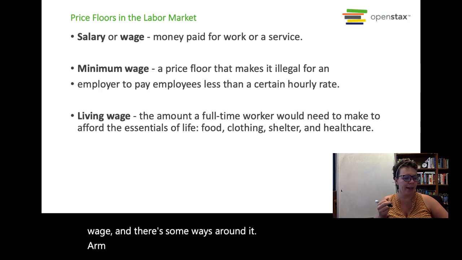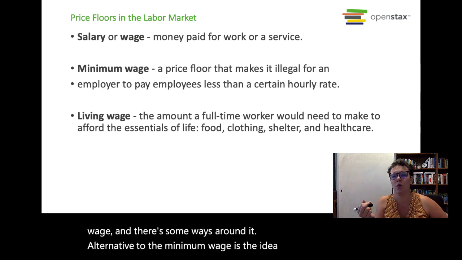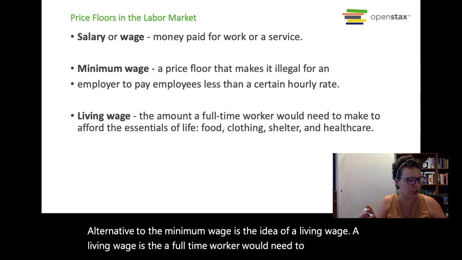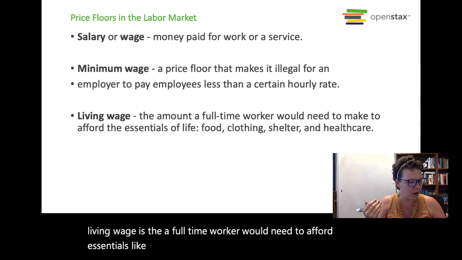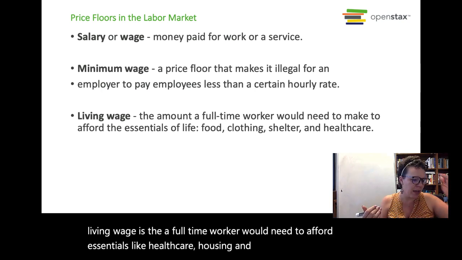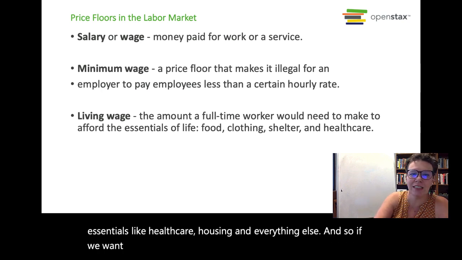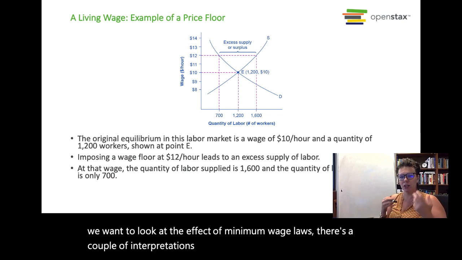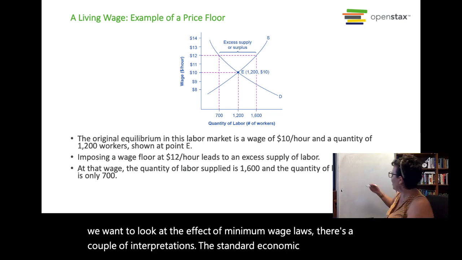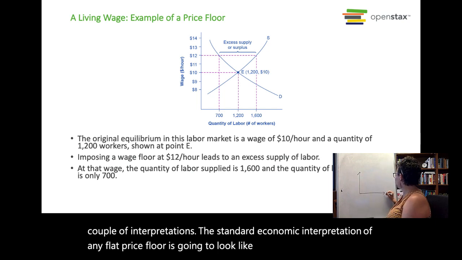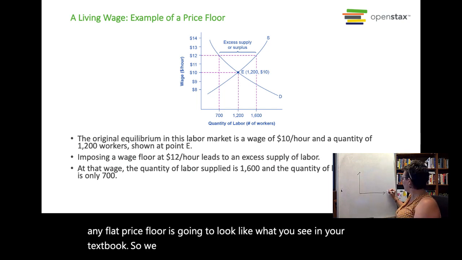Alternative to the minimum wage is the idea of a living wage. A living wage is the amount of money a full-time worker would need to afford essentials like healthcare, housing, and everything else. And so if we want to look at the effect of minimum wage laws, there's a couple of interpretations. The standard economic interpretation of any flat price floor is going to look like what you see in your textbook. So we have our quantity of labor,